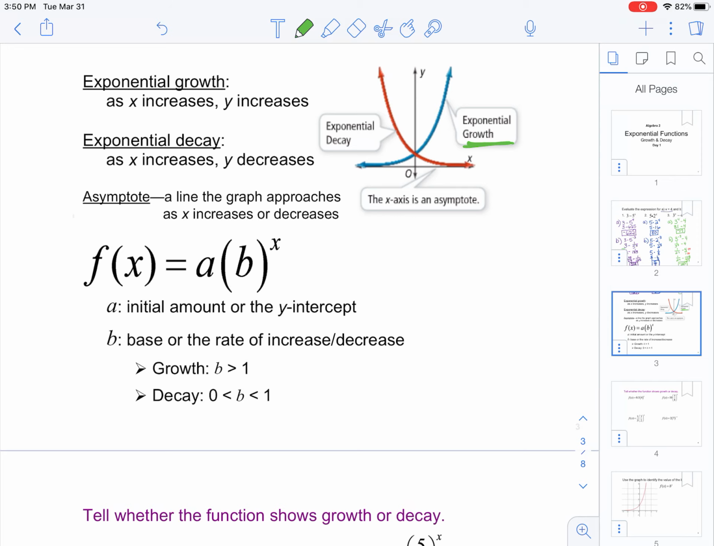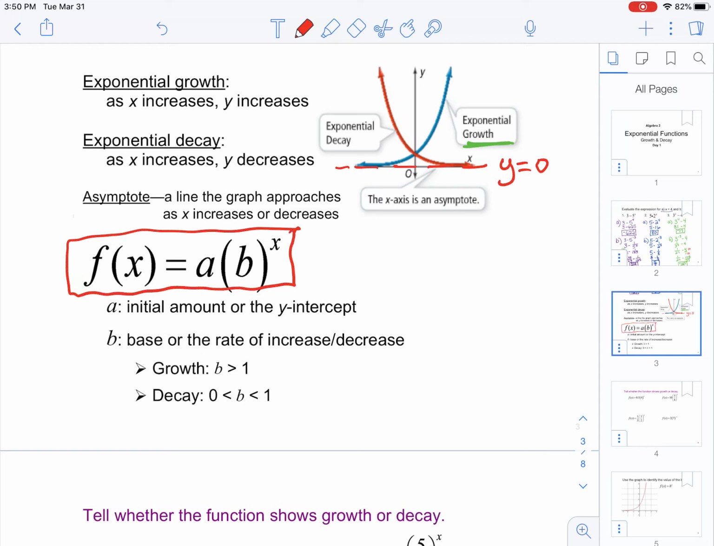And what you see right here is an asymptote. There's an asymptote at y equals 0. That means it's going to get very, very, very close to the x-axis, but it's never actually going to touch it. And when we look at all this together, we get this equation